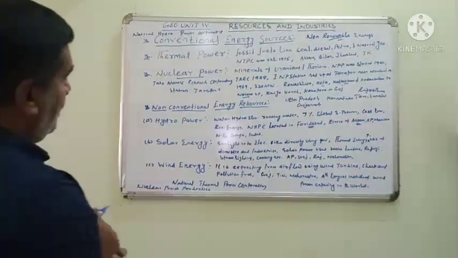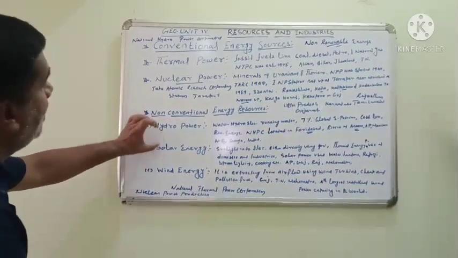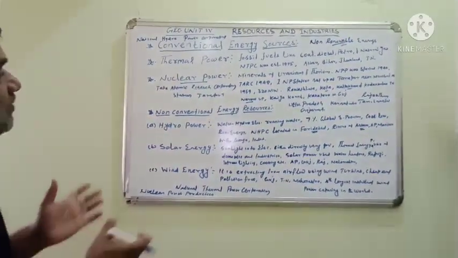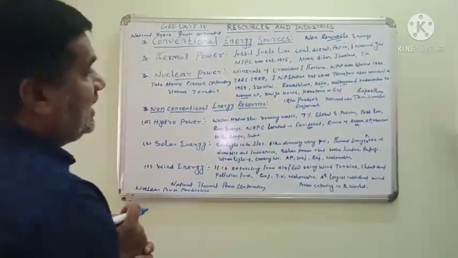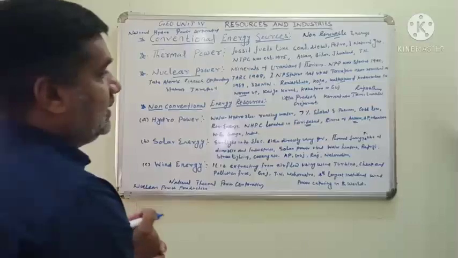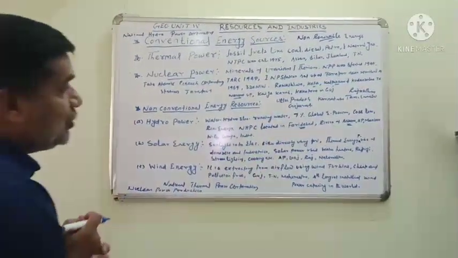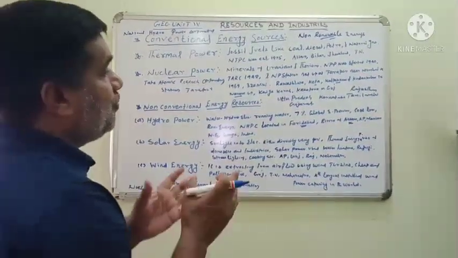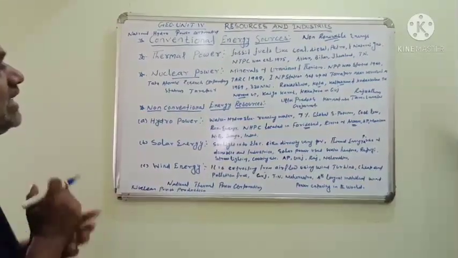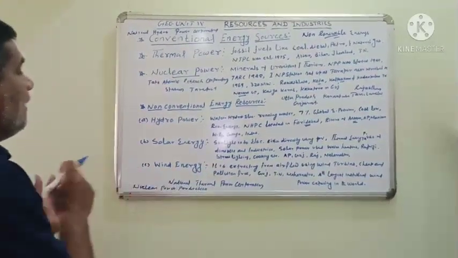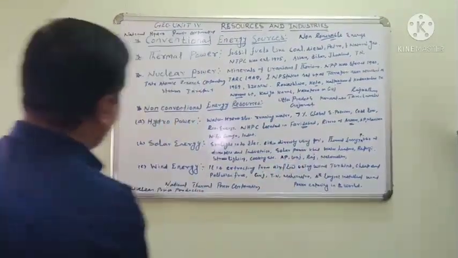Solar energy, I explained, is one of the renewable energy sources. With photovoltaics, sunlight is converted directly into electricity. It is used for domestic and industrial purposes. Thermal energy is used, and solar energy is used for water heaters, refrigerators, street lights, cooking, etc. The main solar energy production areas are Andhra Pradesh, Gujarat, Rajasthan and Maharashtra.